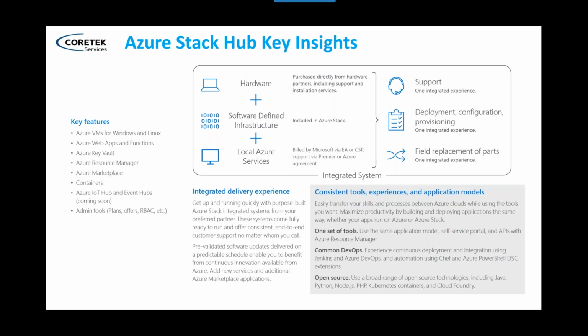So as we look at the key features for Azure Stack Hub: leveraging Azure VMs for Windows and Linux, Azure Web Apps and Functions, Azure Key Vaults, Azure Resource Management and Marketplace, moving into containers and AKS, Azure IoT Hub and Event Hubs, and admin tools as well. Integrated delivery experiences, as well as a consistent tools and portal experience that you would have between your on-premise and public cloud, as well as being a fully managed solution by the OEM vendor for field replacement, support, and deployment